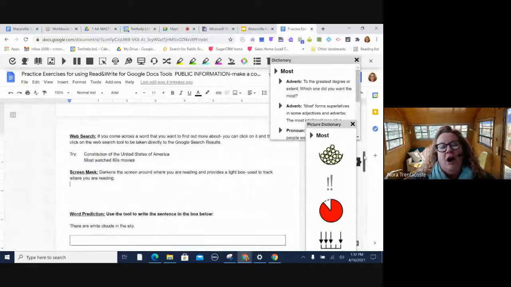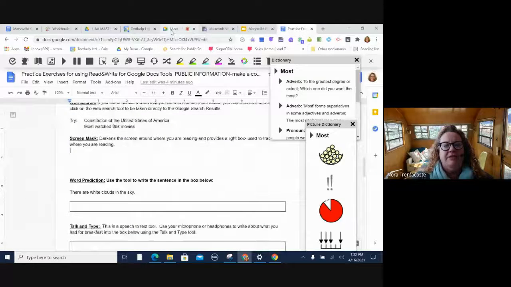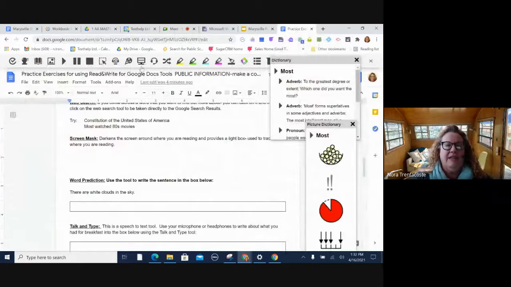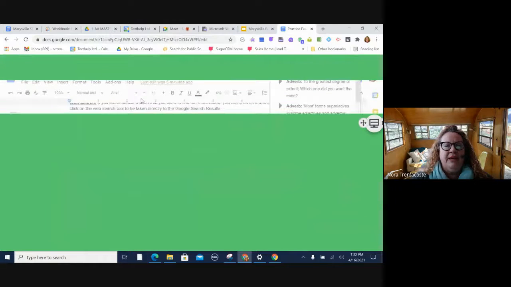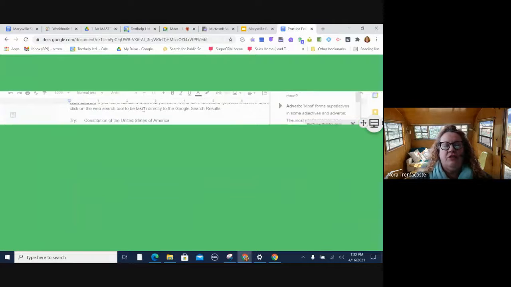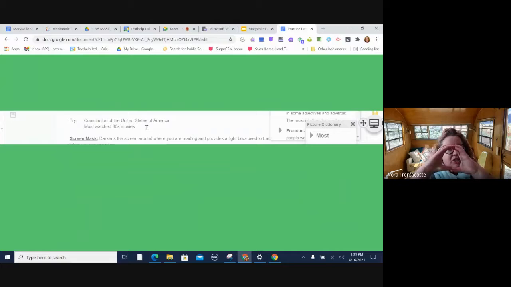Is anybody already using any kind of screen masking for attention? I'm going to show you how to customize the screen mask. It's the icon that looks like a little TV set or something. So there's different ways that you can do this. If you've got students that struggle with attention, they can just be looking at just that